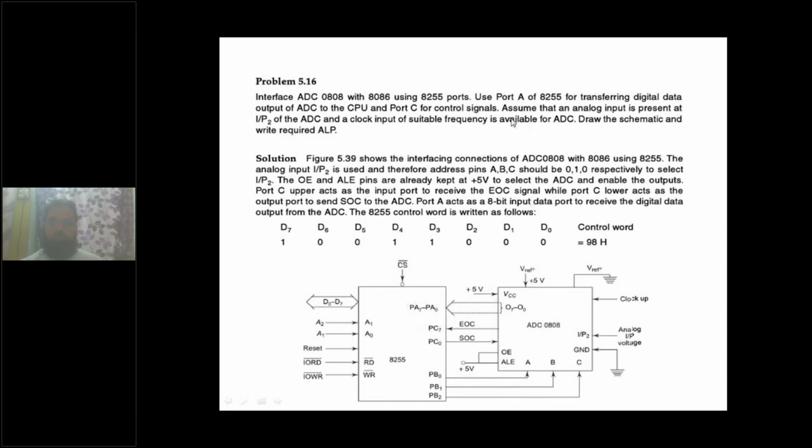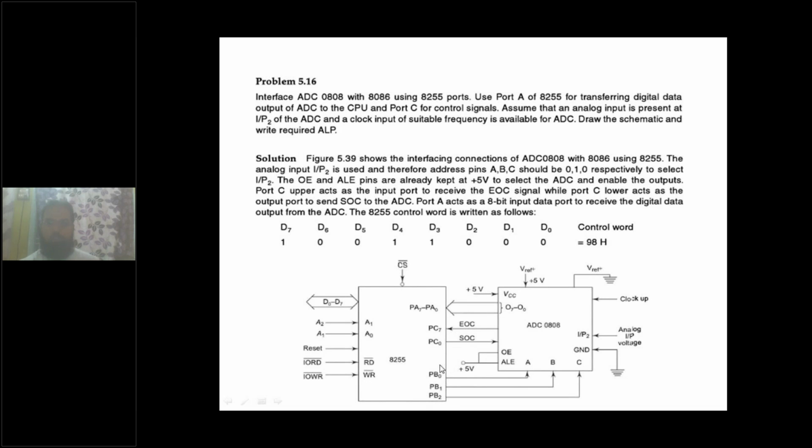Next, port C is to be used to handle the control signals. What are the control signals? Start of conversion and end of conversion. Port C can be used as two different 4-bit ports. One 4-bit port I'm using as an output port, and the other as an input port. So PC0 generates the SOC pulse, PC7 gets the EOC pulse, and port B, which remains,